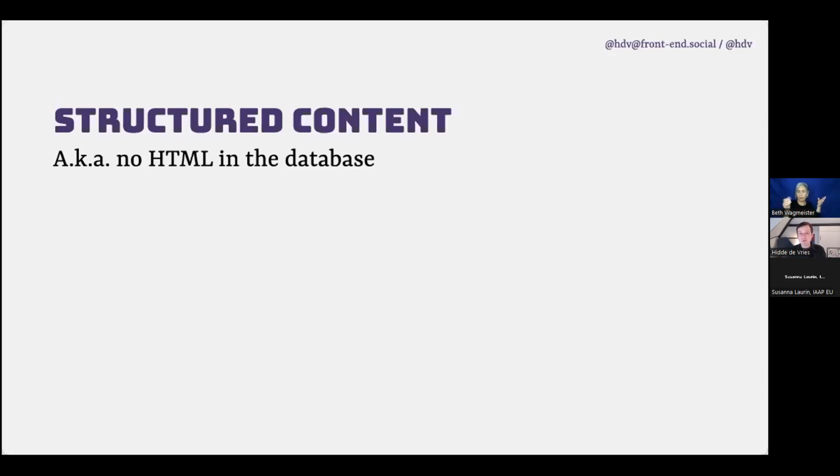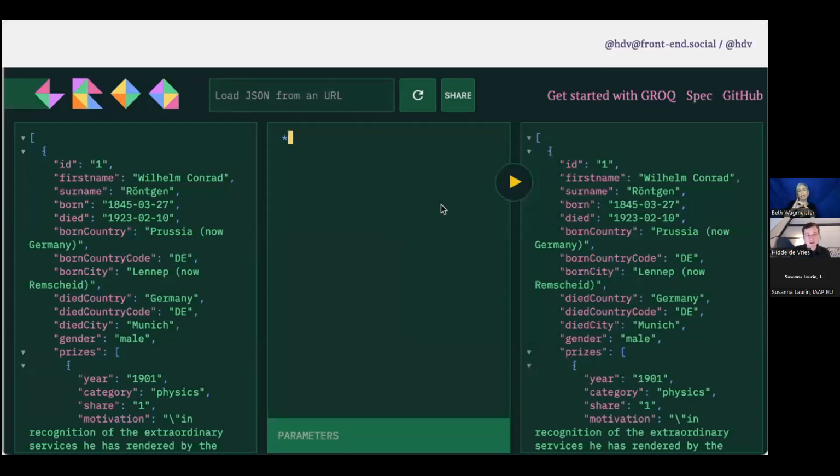It doesn't create a presentation yet, and that allows you to decide what stuff looks like when you're building the front end. So the front end for this opening times data could be something like, we're currently closed, or will be open in half an hour. That sort of information could show up in the front end based on that data. It makes it a bit more flexible. It means we have no HTML in the database. That's something we try to avoid, because we feel like it's better if the HTML is created after the content so that you're more flexible. So we end up with content that is basically JSON.